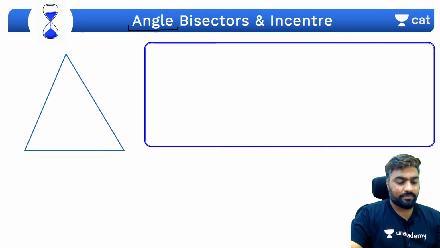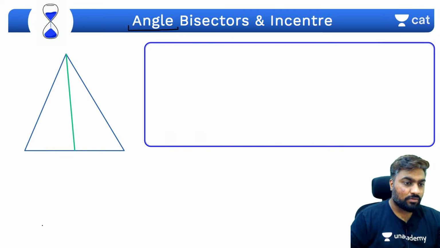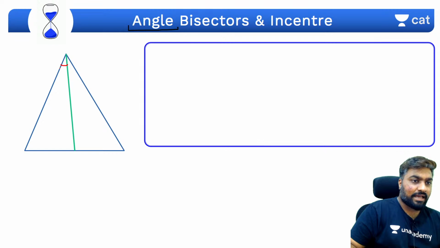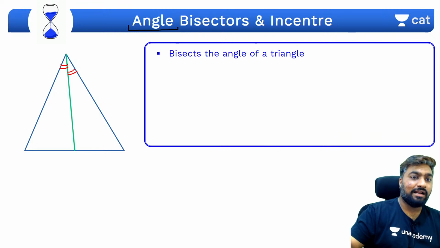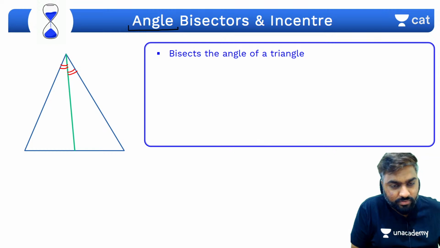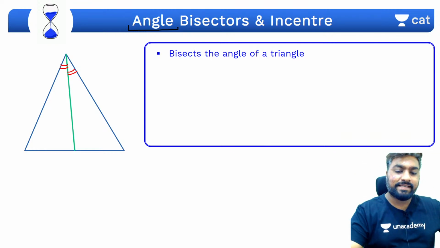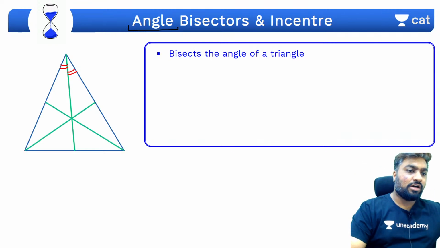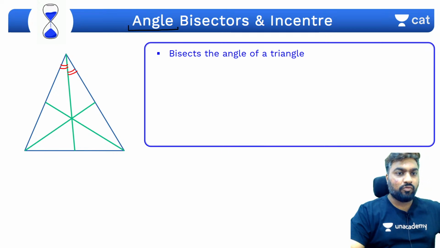मतलब एक ट्रायंगल है, अगर मैं एक वर्टेक्स से ऑपोजिट साइड में लाइन खींचता हूं, then if these angles are equal, अगर ये दोनों एंगल इक्वल हैं, मतलब क्या? एंगल को बाइसेक्ट करता है, bisects the angle of a triangle, then this is called an angular bisector. एंगुलर बाइसेक्टर या एंगल बाइसेक्टर, जो भी. Done. तो ऐसे ऐसे मैं अगर 3 बना लूं, if I draw 3 from each of these sides,